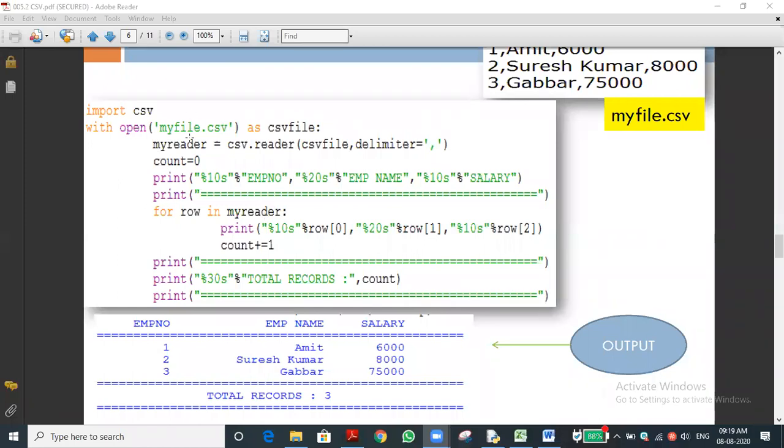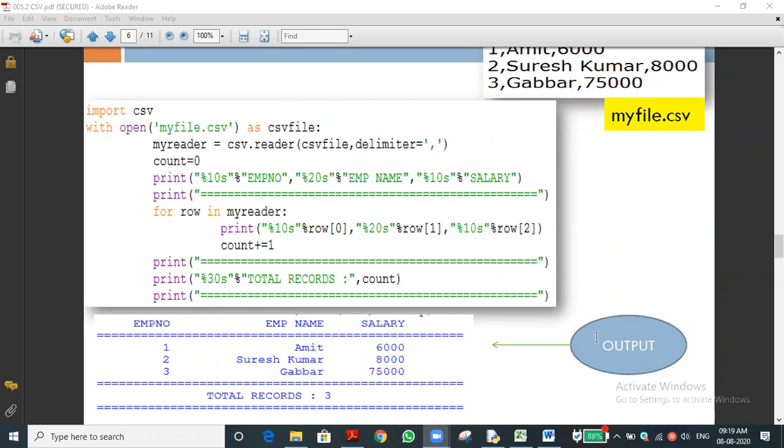It is a reader object, used to read the CSV file, which is again a file object referring to myfile.csv. It's just a linking process. Using the reader function we are reading the data. Have you understood?